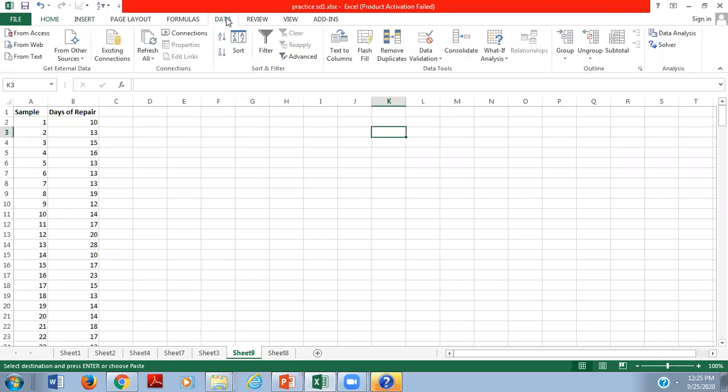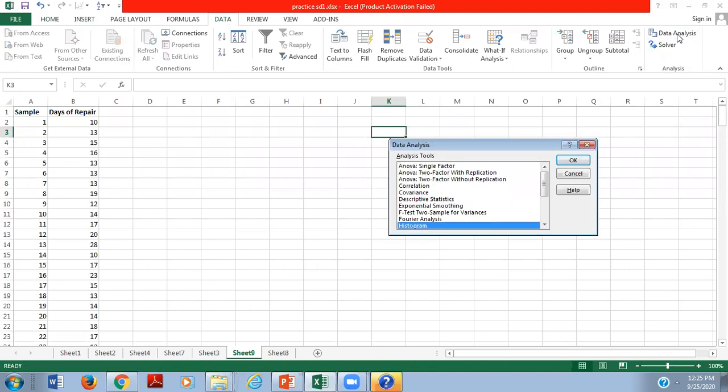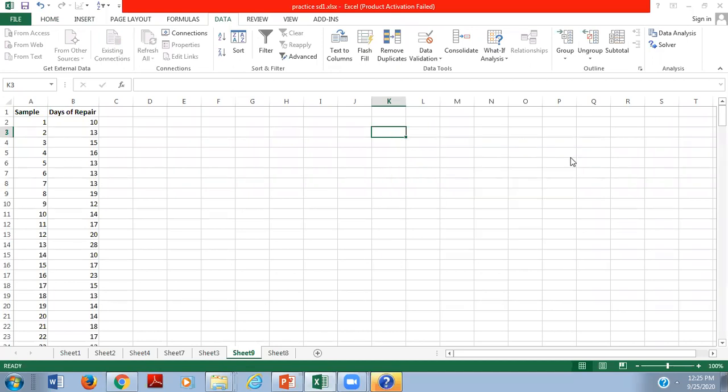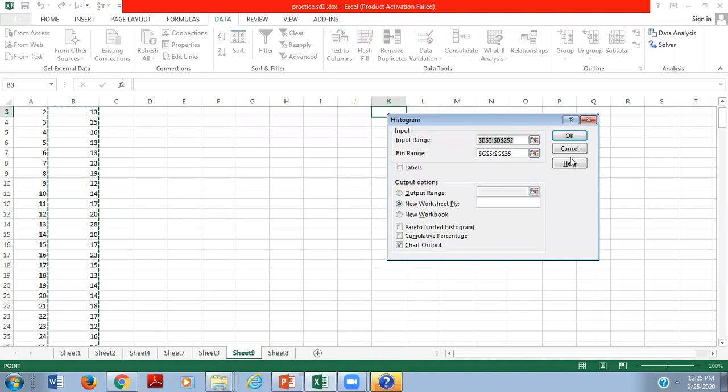We have to choose the Data tab. From Data, we go to Data Analysis. Now we choose Histogram; different kinds of options are there in the box. We have to choose Histogram and click on OK. Now what should we do?